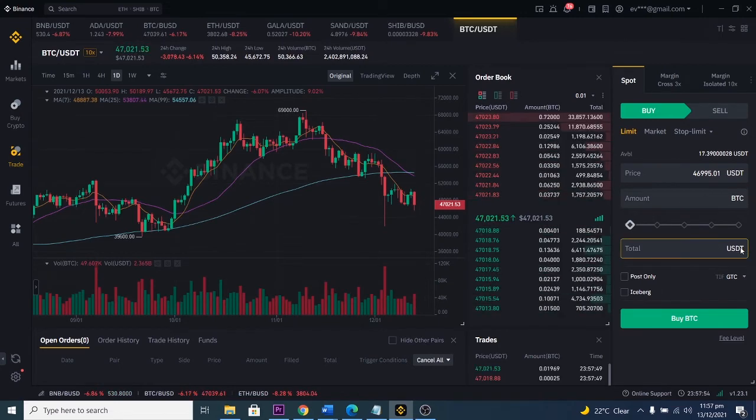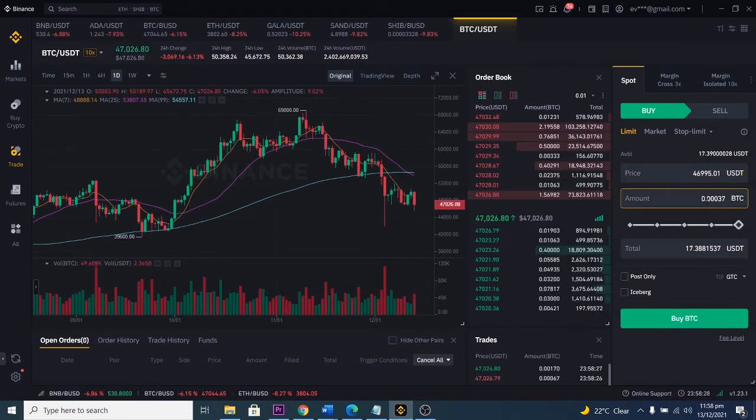So what is the amount you are using USDT to buy? We've actually set the price that we want. So for the amount, maybe you want to use 15% of your USDT to buy it. So 15% of your USDT will give you 0.00006 Bitcoin, or maybe you want to use 25%, it will give you 0.001 whole BTC, or you want to use 50%, it will give you 0.0018 BTC, or you want to use all the USDT that you have, which is 17. I now have 17 here, so it will give me